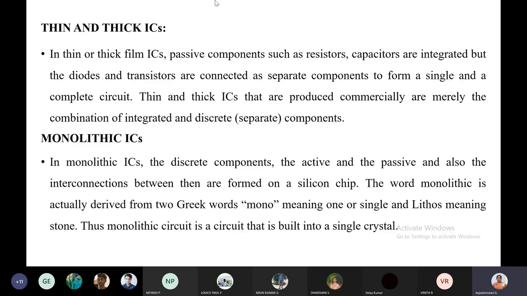In the last class, some of you asked what is the difference between analog and digital. Analog means a continuous signal; digital means a discrete signal. That's a major difference. So we have analog integrated circuits and digital integrated circuits, and we should know the difference between these two first of all. A digital integrated circuit contains anything from 1 to millions of logic gates. Logic gates, flip-flops, multiplexers, DSP, microprocessors, microcontrollers, all come under digital integrated circuits.